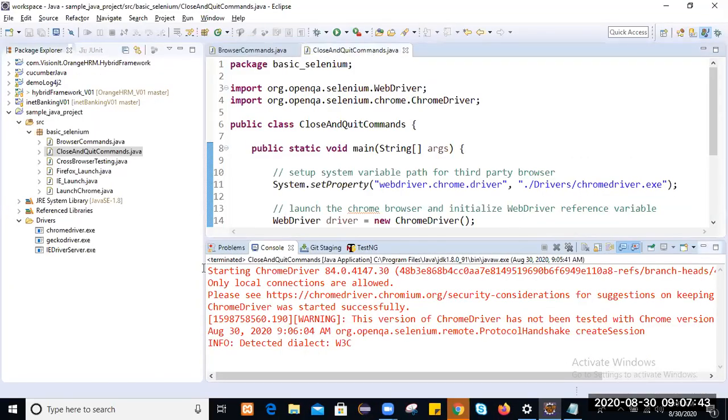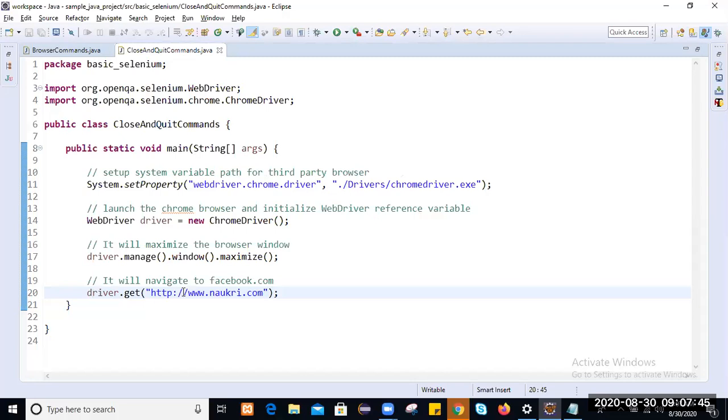So what exactly happened here? When we navigate to this page, this is the parent window. When we open this browser window, some child windows open with it: first, second, third, fourth. So when we use the close operation here, the close method will close the browser window where the driver instance is.